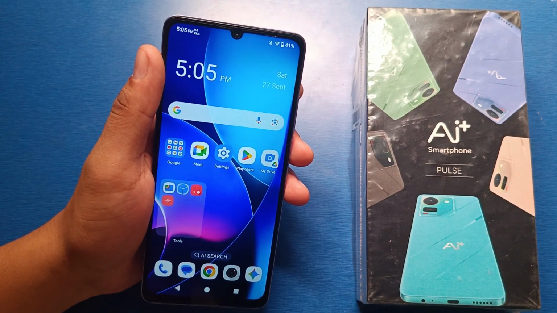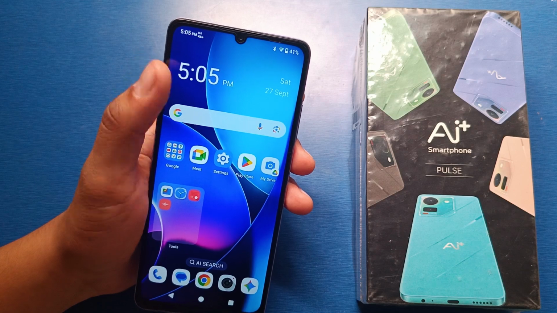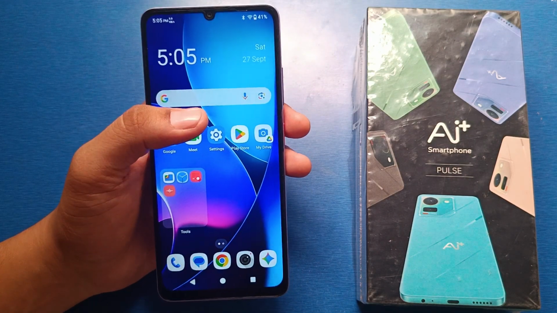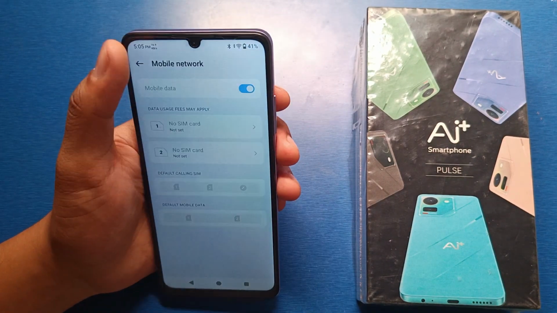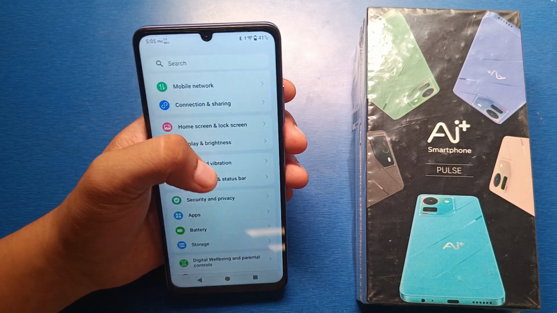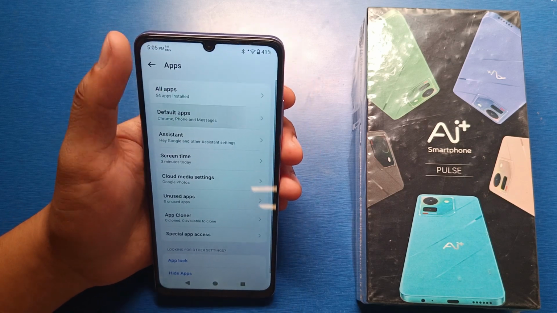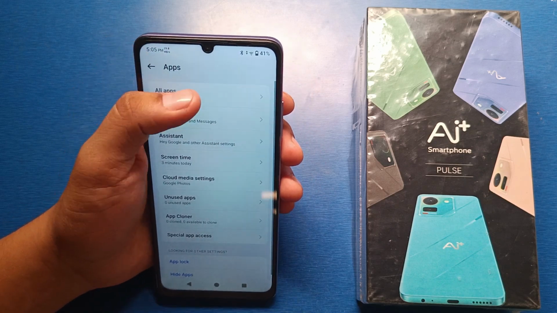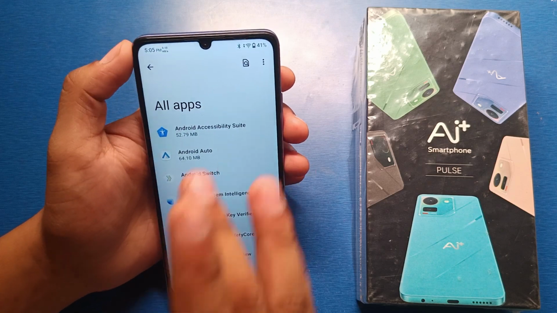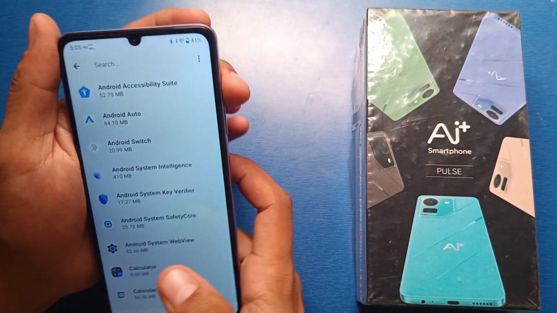Friends, in this video I am gonna tell you about how to fix internet problem in your AI plus smartphone. So let's start friends. First friends, you have to open your settings, click on applications, click on all apps. Here it is, and then you have to click on search bar. Just write here